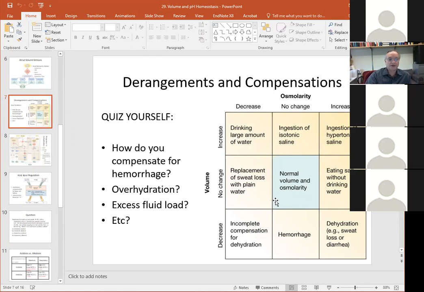Well, the question started out, how do you get this one? Increased osmolarity, but decreased volume. Dehydration is the basic mechanism that results in that derangement where you've sweat, hypotonic